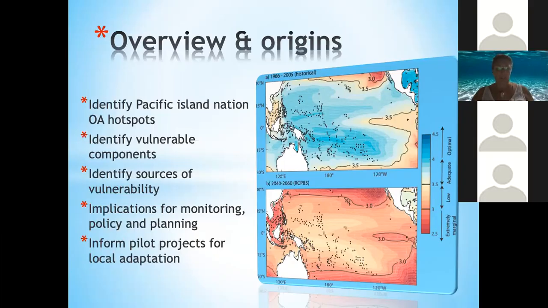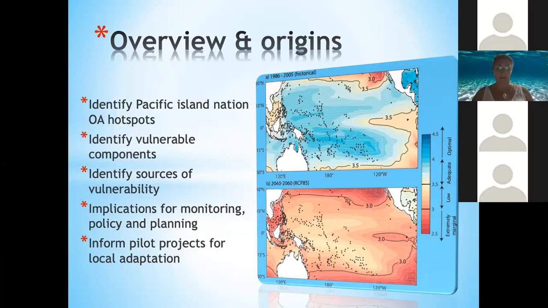And the projections for the Pacific there based on the historic. So the upper map shows us the historic conditions between 1986 and 2005, and then look forward to 2060 under this high emission scenario and how ocean chemistry is projected to change. So essentially we were looking to understand what that meant for these Pacific Island nations, which are obviously very small island nations, or in another way you can describe them as large ocean states.